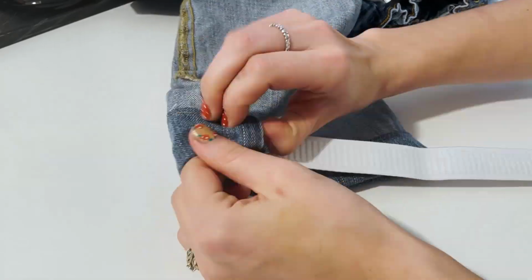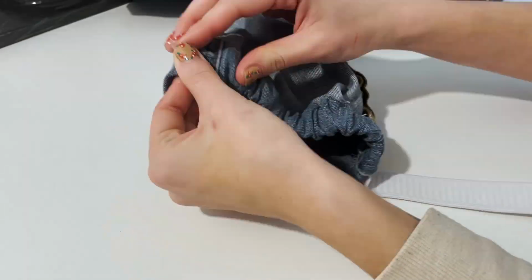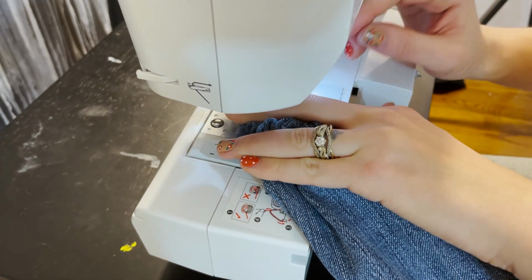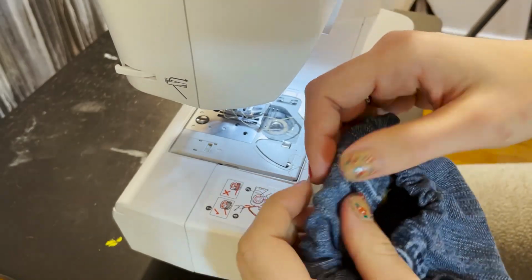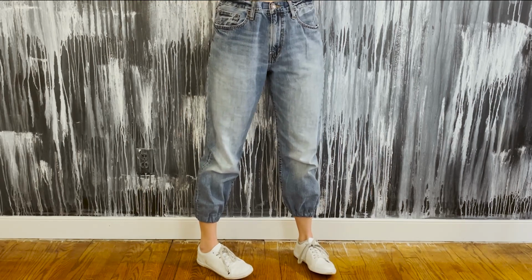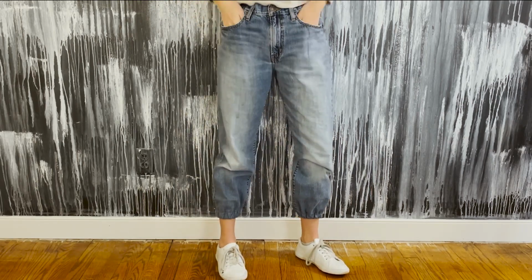And just like the waistband, I made a little cut in that channel fabric and worked the elastic all the way around. And when I worked it all the way around, I then could take the two ends, sew them together to complete this elastic hem. And now I have a pair of cute little denim joggers, and the bagginess of the pants works with the